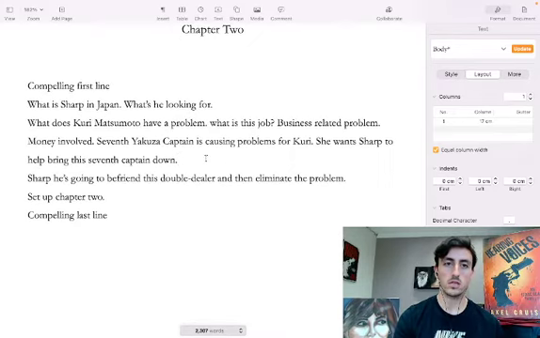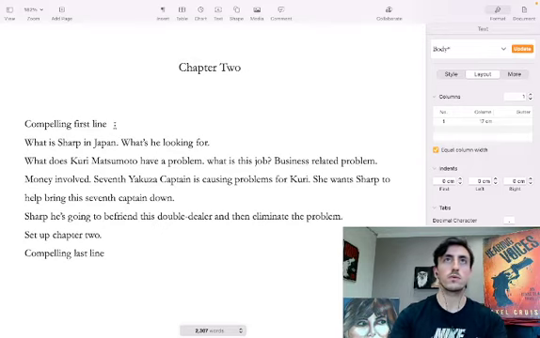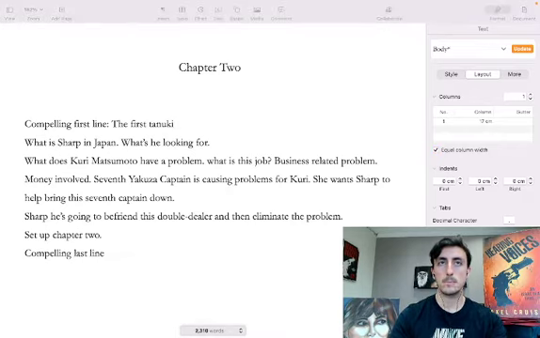So, all right, what's going to be a compelling first line for this? Once we get that, we can really start running with this. So here we go, compelling first line. We know it's about the two, so something like, the first tanuki, we're going to stick with this metaphor. So the first tanuki, let's see. Just want to resize this. Okay, the screen is still clear, right? Yeah. Okay. The first tanuki,